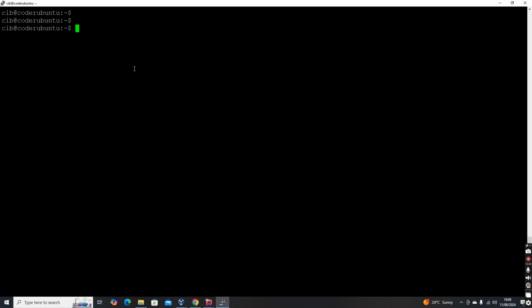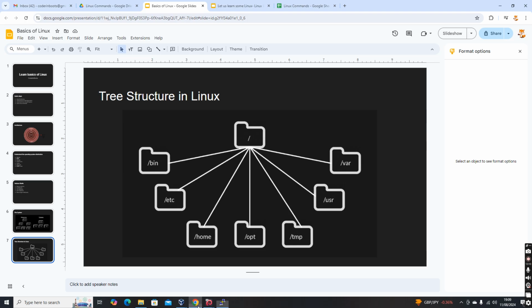The main thing is that they don't have a clear idea about the file system and the permissions, because in Linux everything is a file. Whatever application you see, everything is available inside the system as a file. And there is a structure in which the files, folders and directories are arranged. If you don't know the file system structure and the permissions associated with it, you will get into trouble, because you are in a black screen, and it's like a blind man going without any understanding of where you are. So you should have a proper understanding of the file system.